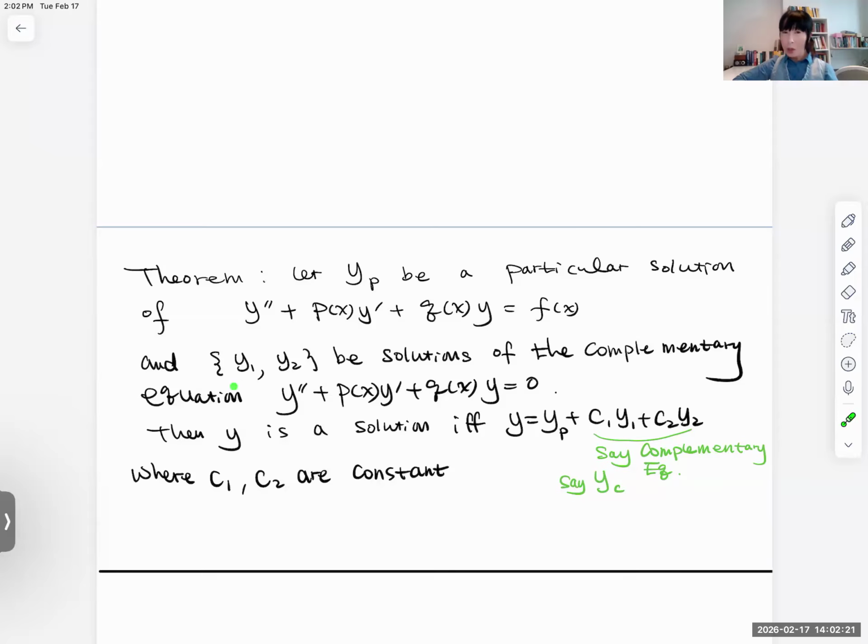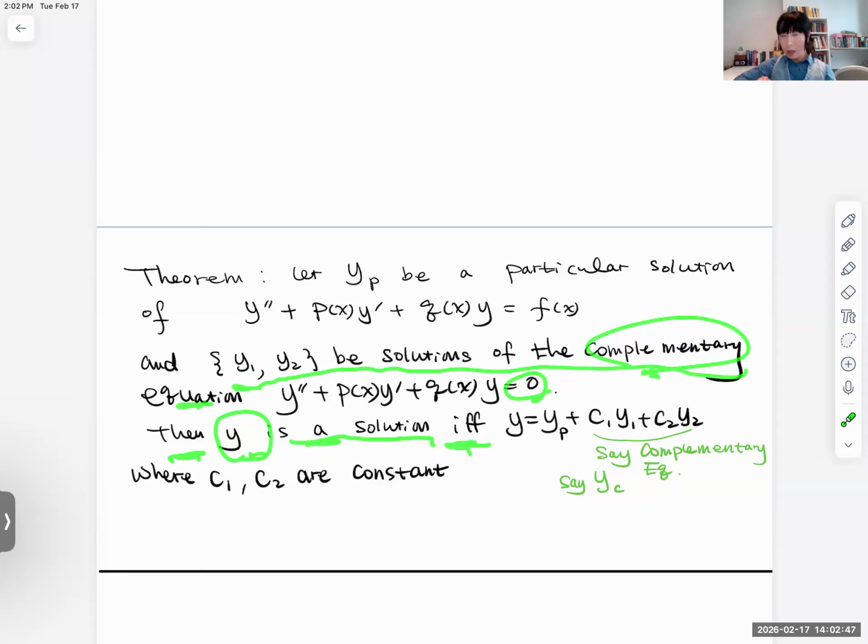Then we say y sub 1, y sub 2 are solutions of the complementary equation. We just said that the complementary equation is associated with the homogeneous equation, so we are using the other side equal to 0. Then y is a solution